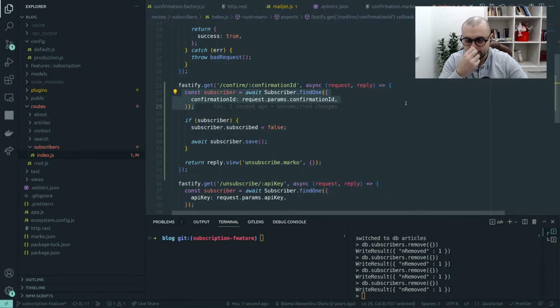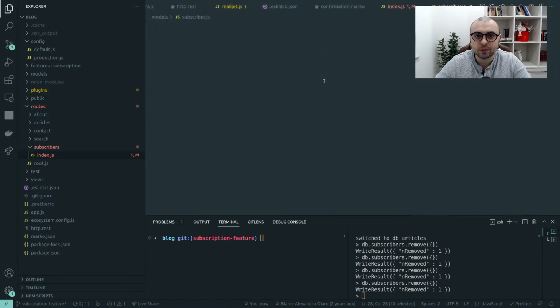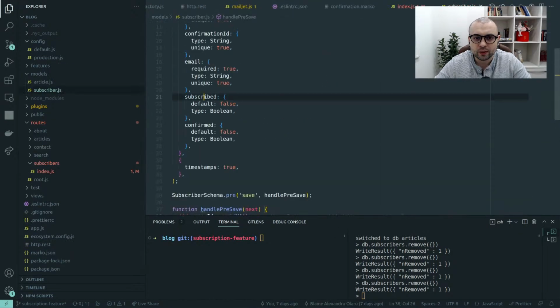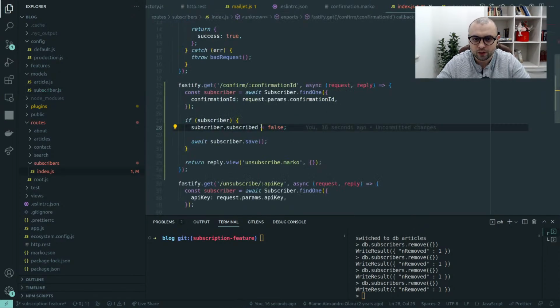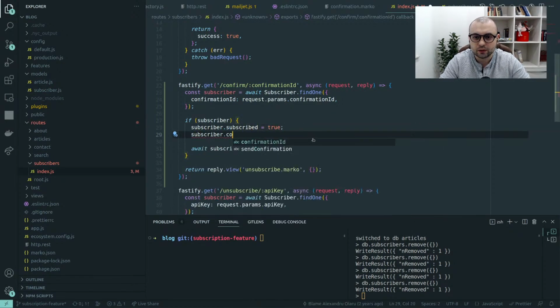Yeah, we'll have it like this. We'll find it. If we found one, then we'll do, kind of, I forgot. Let's see, models, subscriber model. We have subscribed true or confirmed true. In our case, it will be confirmed true and subscribed true. Okay, so that will be the business logic. So subscribed will become true, and subscriber.confirmed as well will become true. We save it,